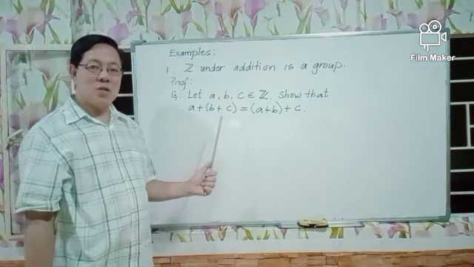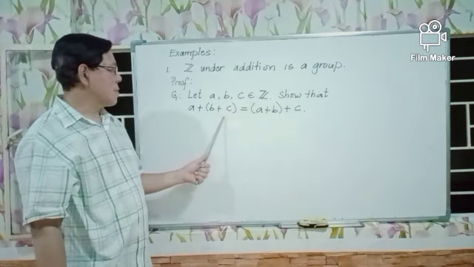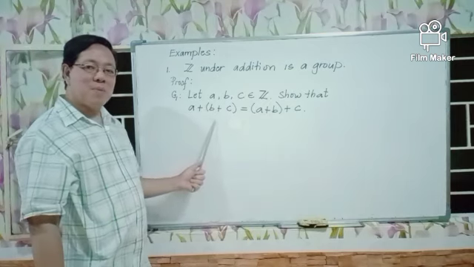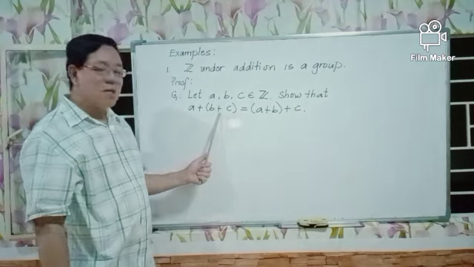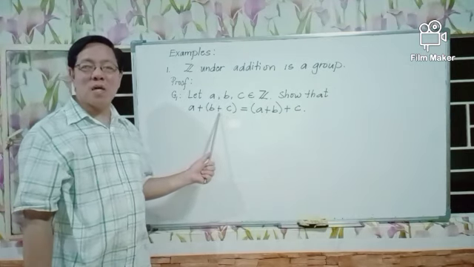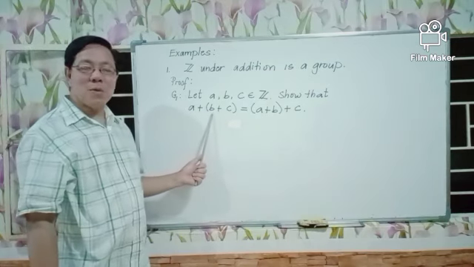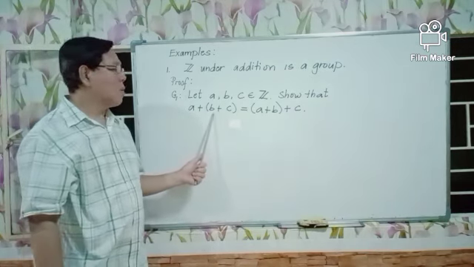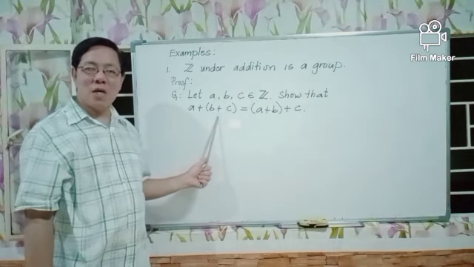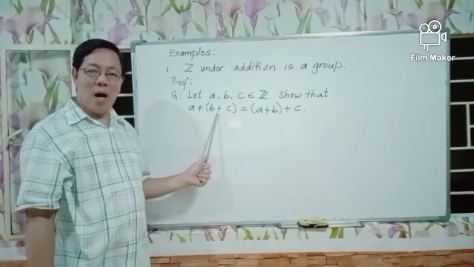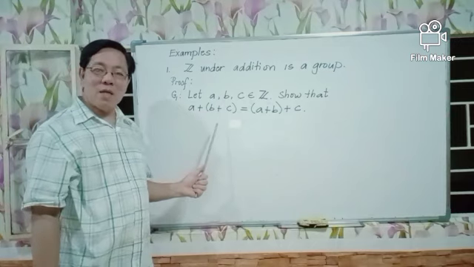That is, in addition of real numbers, the sum B plus C, the sum of A plus B plus C, because addition here is a binary operation, we can only combine two elements at a time. So if you choose to get first the sum, or if you choose to combine first B and C under the binary operation addition, and the result you add to the real number A, you will get the same result